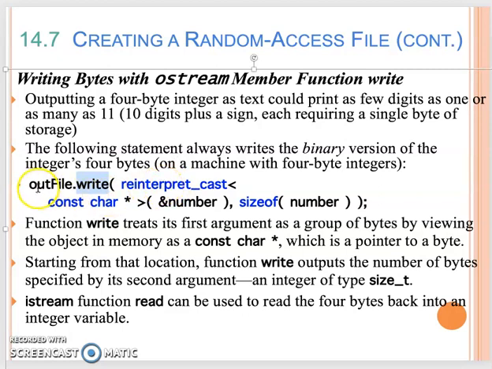Like earlier we said, you have a string object. So then you try to write. The first part is your object type. The second one is the size of the data you want to write. For the size of the data you want to write, we use sizeof. For example, now the data we want to write is a 4-byte integer. This 4-byte integer, we just call the variable name number. So then when you write, you see you need to give them the